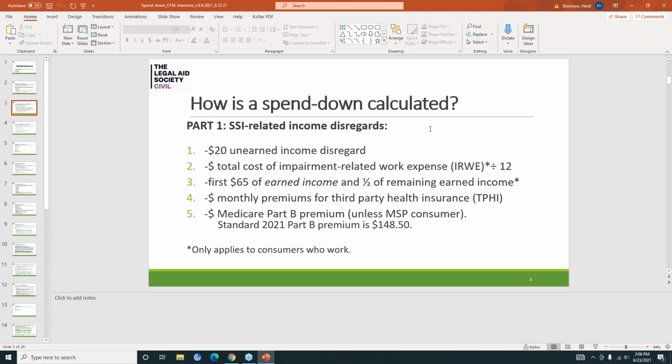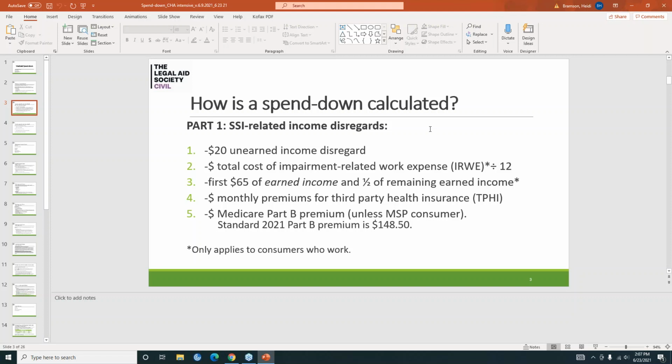There's also an earned income disregard, whereby the first $65 of earned income is deducted from someone's income calculation, and then the half of the remaining earned income is also deducted. So if someone is earning $165 a month, take off 65, you have the remaining $100, and only the $50 remaining will count as income.